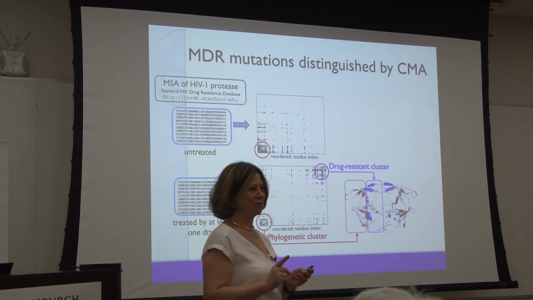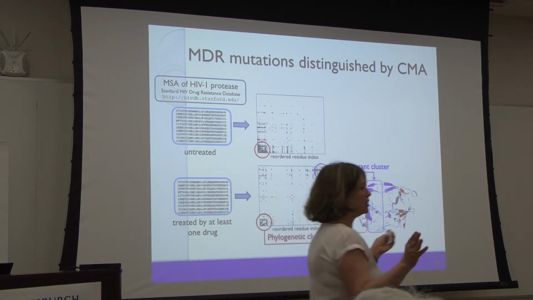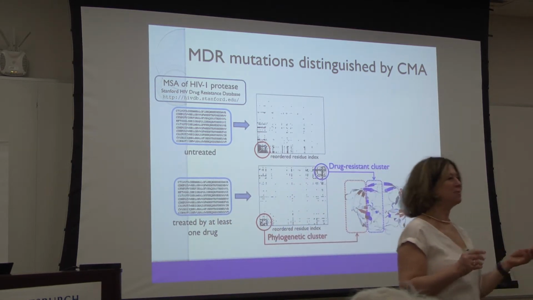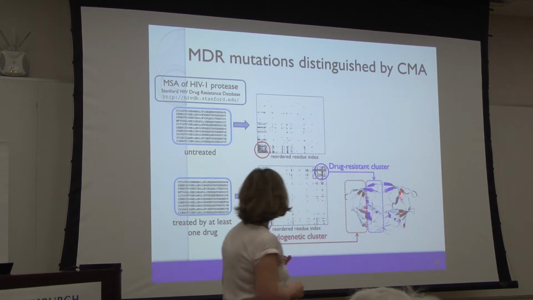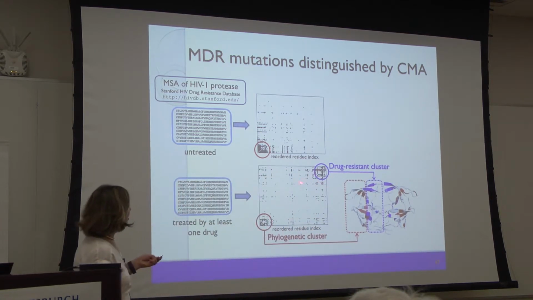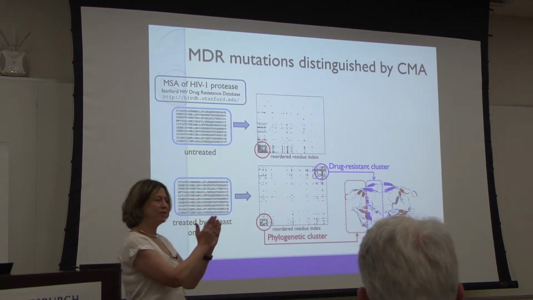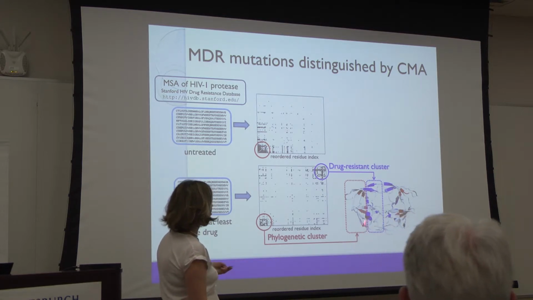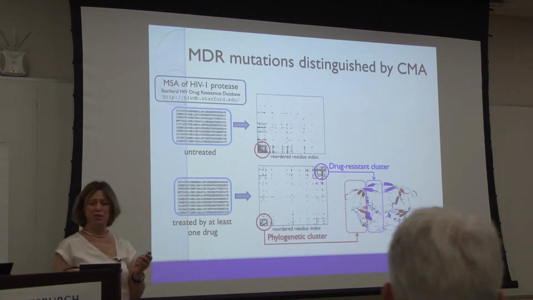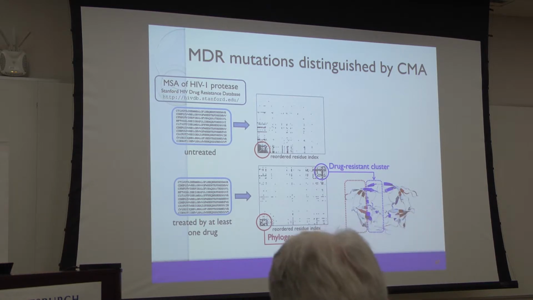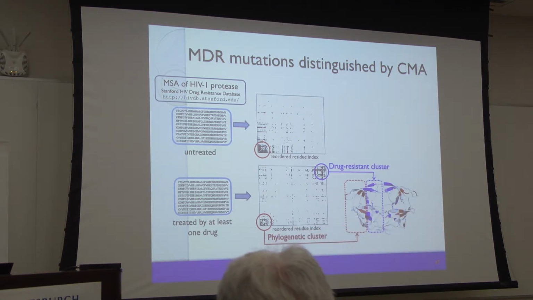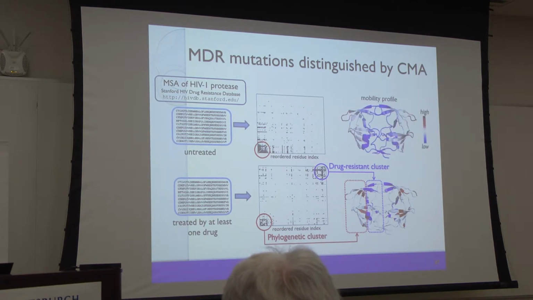That's a trap for us, for computational biologists, because we can predict so many things, but many things may not be true. Okay, so we need to be careful. So this is the drug-resistant cluster, and it is located here, actually at the interface. And the phylogenetic cluster, it turns out they are all located here. So it is a very interesting thing to see that they are located at different positions on the structure too. We were very interested in seeing that,